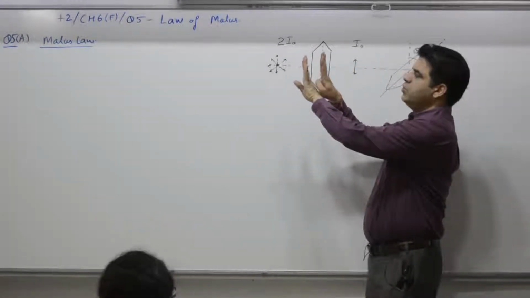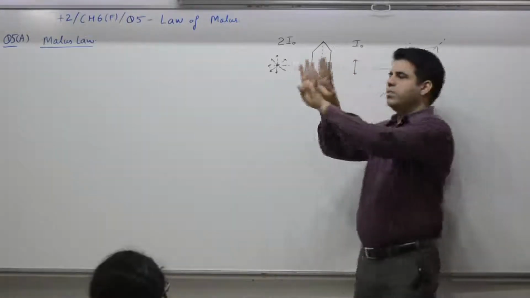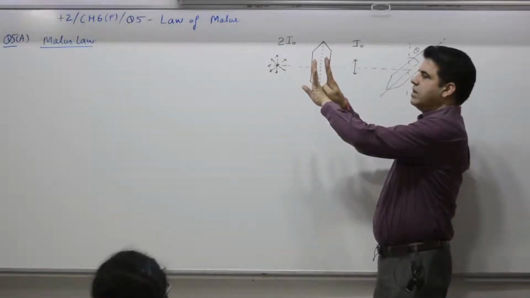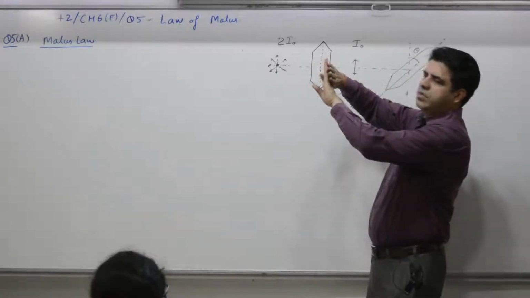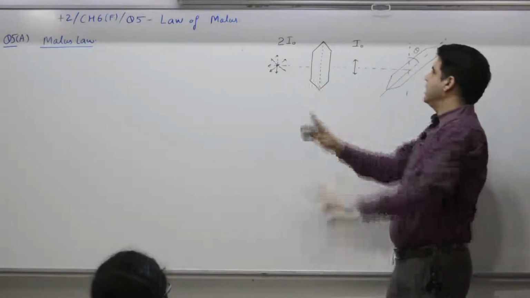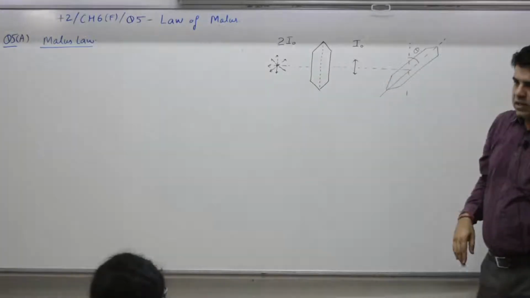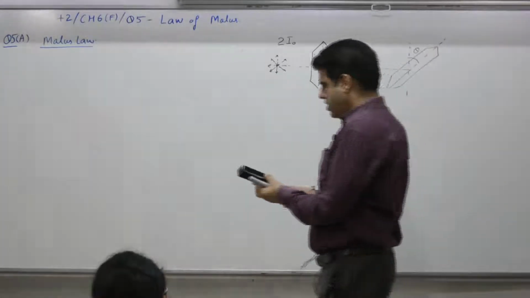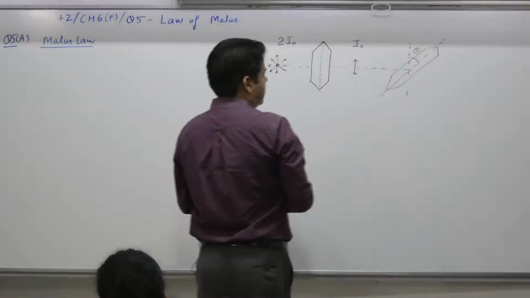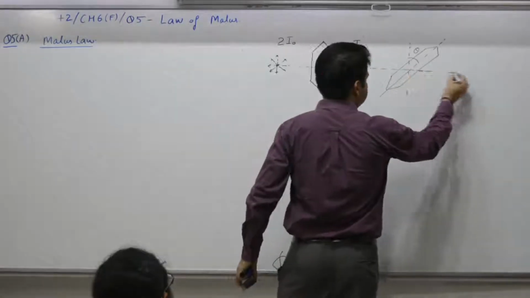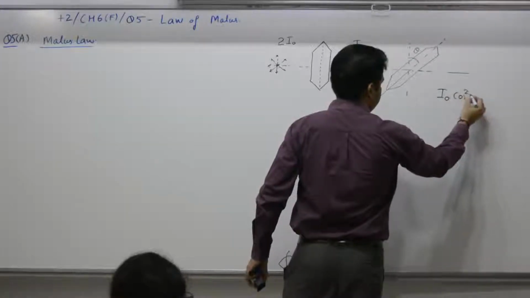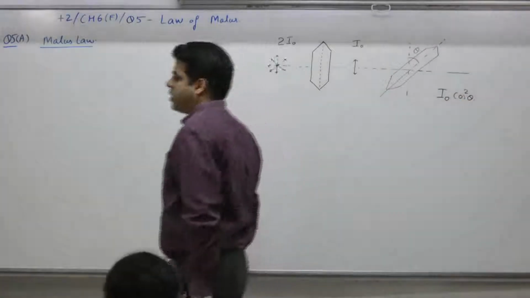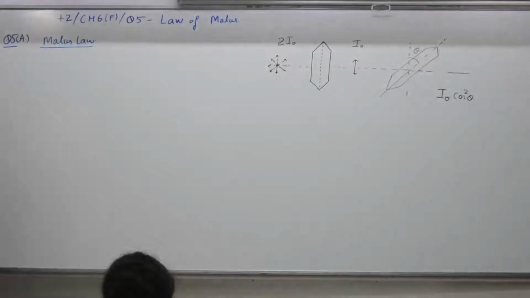The angle between the two in this case is 0, parallel, then 30 degrees, 40, 50, 60, 70, 80. If the two are perpendicular to each other, the angle is 90. If this angle is theta, the law is that the output energy here is I naught cos square theta. The law statement: